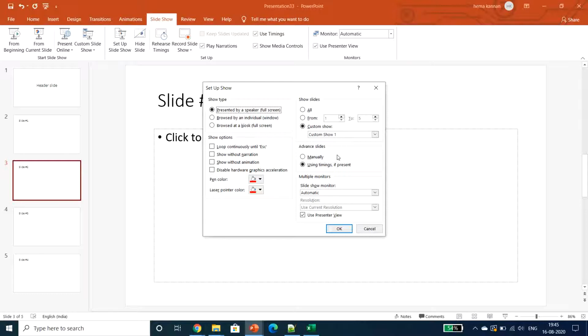Or using timings, that is, we can set up a timing for a particular slide that needs to be displayed only for 5 seconds or 10 seconds. Using timings if present, we can record that slideshow also, and we will be able to find out how many seconds or minutes it is taking for us to complete that